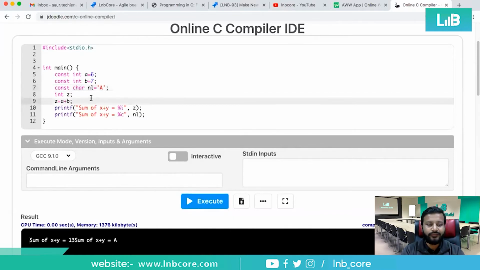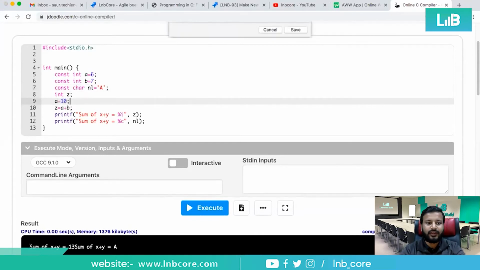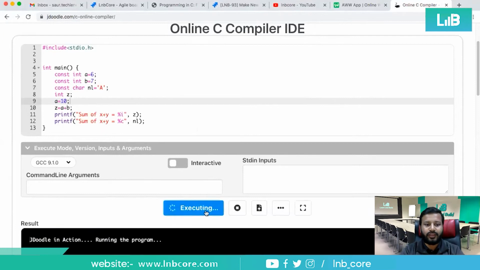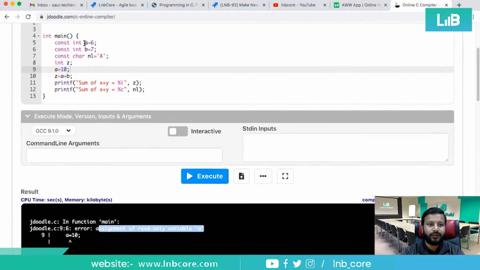Now, I want to change the value of a to 10. Let us see whether there is any benefit of going with these values or not. What happened here is, see, assignment of read-only variable a. These variables have been defined as read-only.